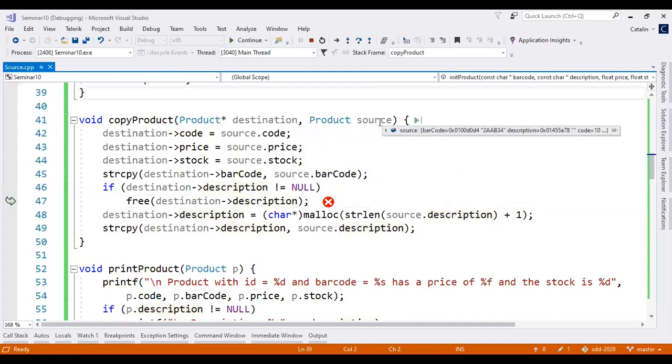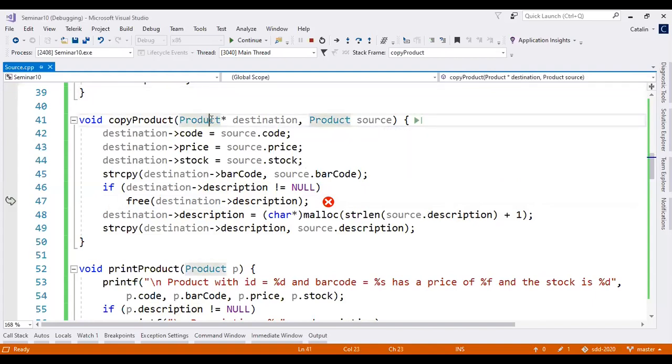Now let's check the source. The source is okay. You see 10, the value stock. Remember, for floating point, you will never see 2.3. It's always an estimation, so don't worry about this one. Here the description is okay. It's an empty string. Because I know that copy product is a function that we called from several locations,